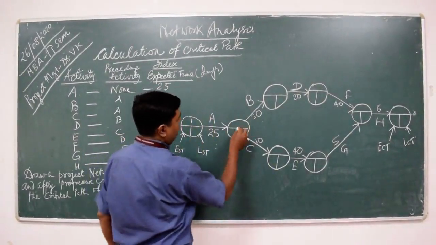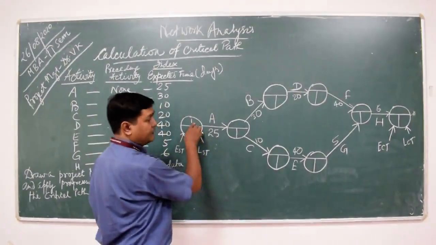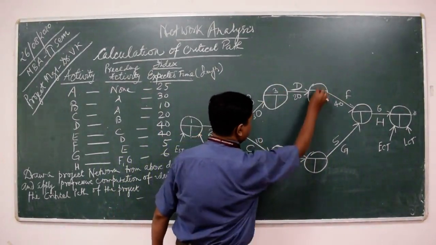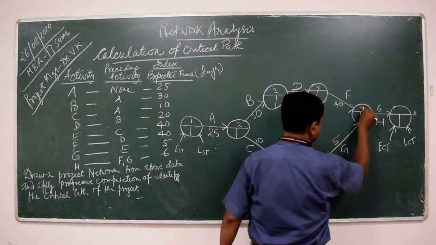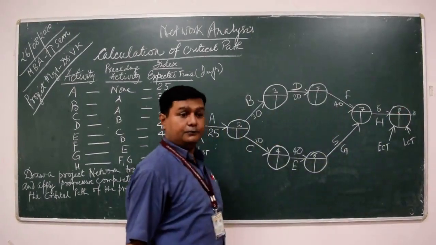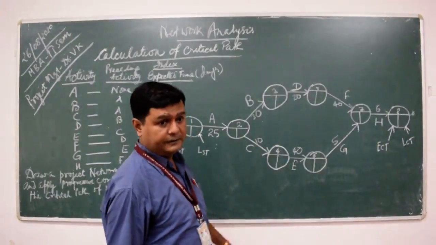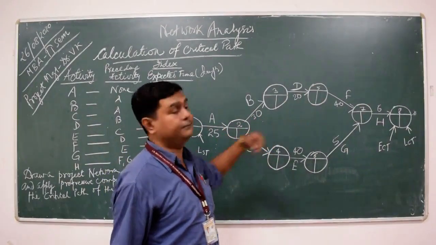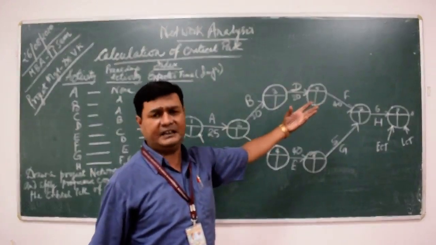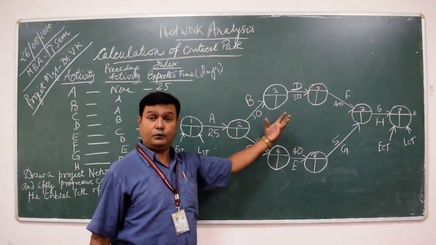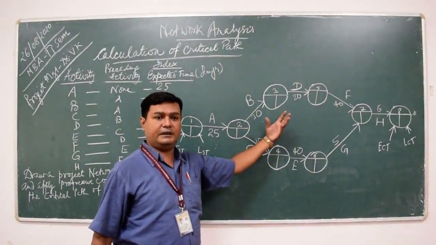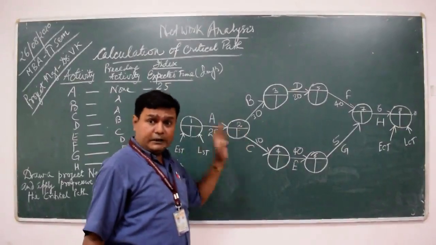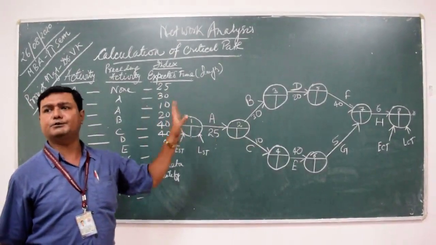Now I am assigning numbers to all the events. So this is event number 1, this is event number 2, this is event number 3, this is 4, this is 5, this is 6, this is 7, this is 8. See, I have told you in the previous lectures that there is a rule for numbering of the events, and according to that rule I have numbered the events. It is not like I have assigned any number to any event. I have taught you in the last lecture the D. R. Fulkerson rule for numbering of the events, if you do remember that. So according to the Fulkerson rule, I have assigned the numbers to the events.